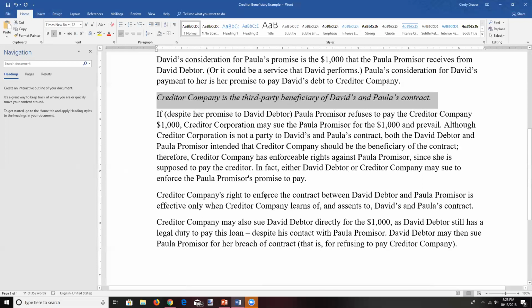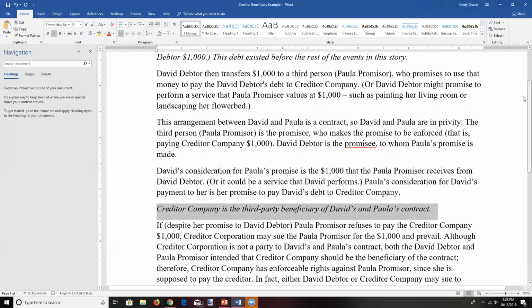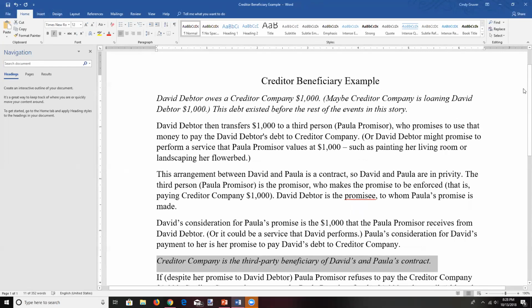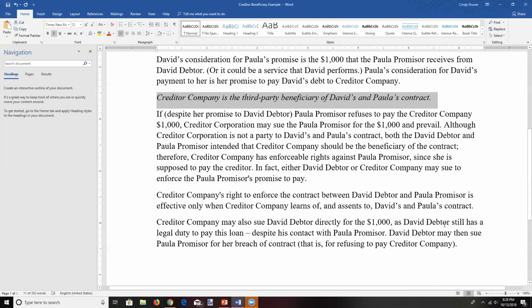Creditor company's right to enforce the contract between David Debtor and Paula Promiser is effective only when Creditor company learns of and assents to David's and Paula's contract. Of course, Creditor company has another option too. Creditor company can also sue David Debtor directly for the $1,000 based upon this first contract, as David Debtor still has a legal duty to pay this loan despite his contract with Paula Promiser. David Debtor may then sue Paula Promiser for her breach of the contract, that is, for refusing to pay Creditor